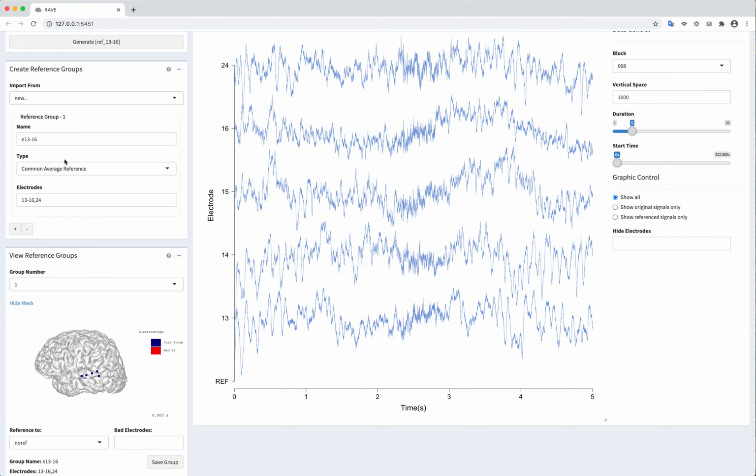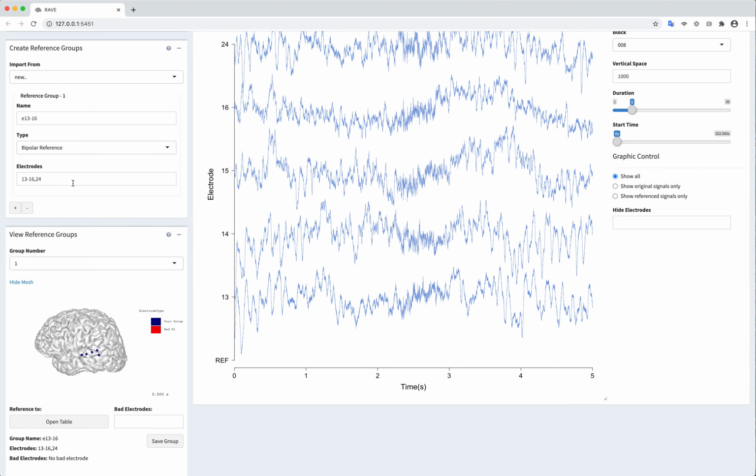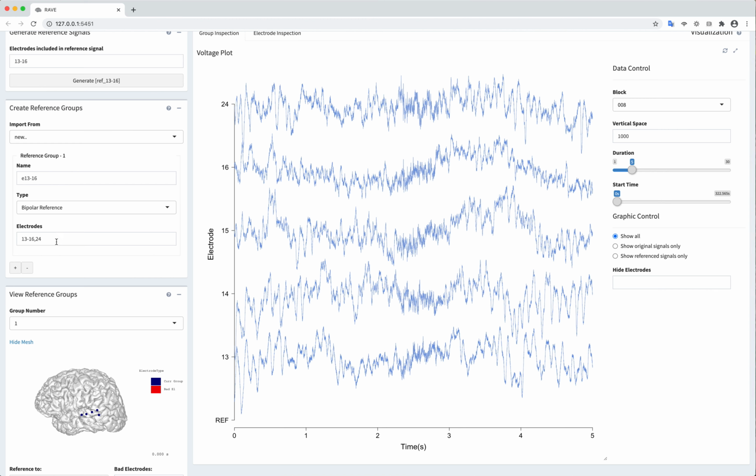Alternatively, you can do a common average reference. And what the common average reference does is allows you to specify which generated reference to subtract from each of these included electrodes. The bipolar referencing scheme doesn't require you to specify a particular generated reference. Instead, it goes through the electrodes and references them one to another. So here, for example, if we were generating a bipolar reference for electrodes 13 through 16,